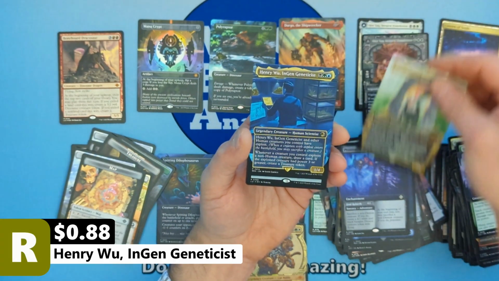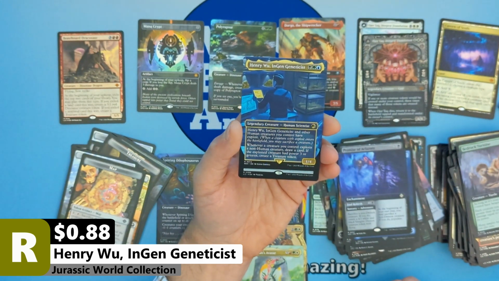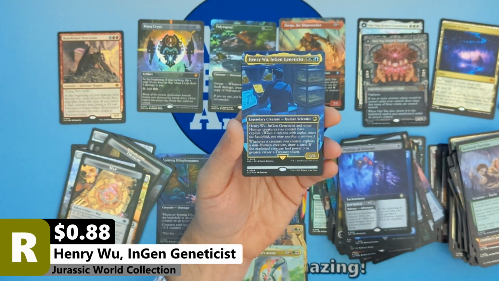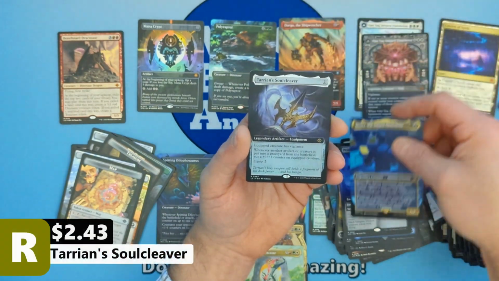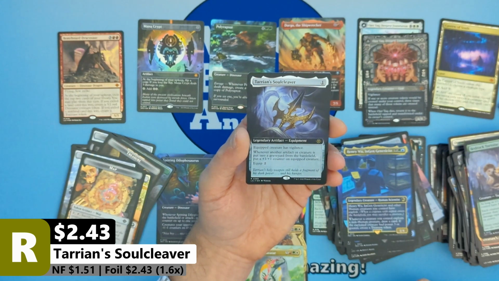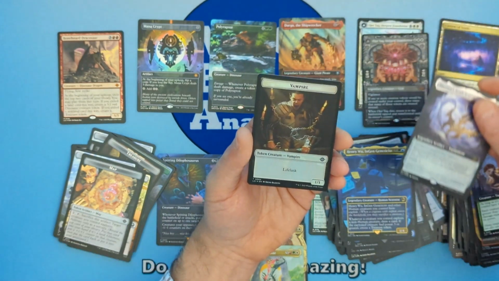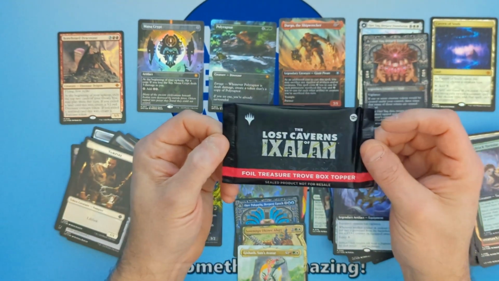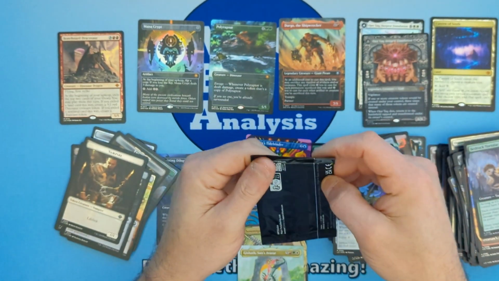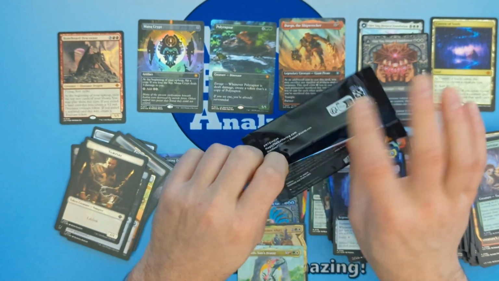And behind that, we are going to see Henry Wu, InGen Geneticist, the least desirable card from the Jurassic Park set, other than maybe the lands. And in the back, we're going to see a Tarian's Soul Cleaver coming in foil with a vampire and a bat. All right, let's see if this is a common, or excuse me, an uncommon, or a rare, or a